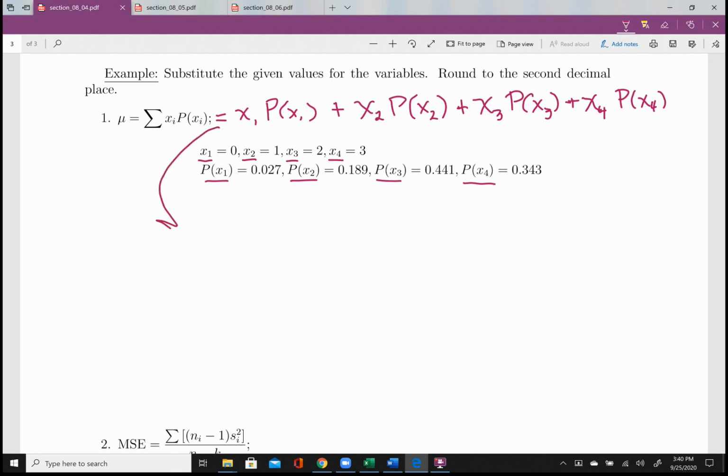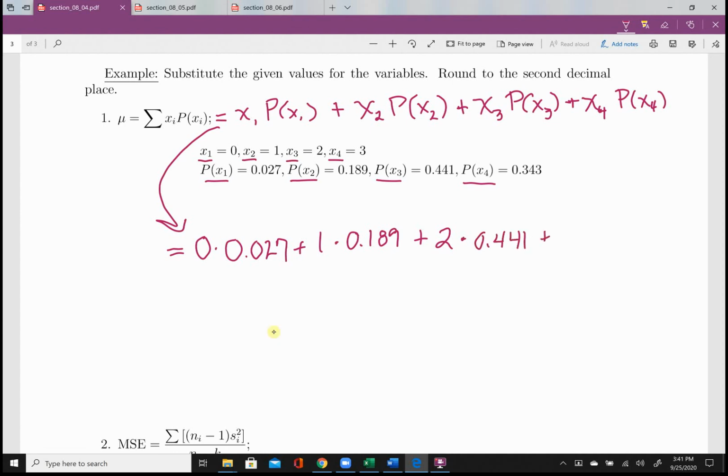So let's go ahead and, in this next step, replace all of these variables with their corresponding values as dictated by this cache of values. So here we go. x sub 1 is actually 0 times 0.027, because that's the value of p of x sub 1. Okay, then we're going to add 1 times, what's p of x sub 2? 0.189, plus x sub 3 has a value of 2. We'll multiply that by p of x sub 3, which is 0.441,